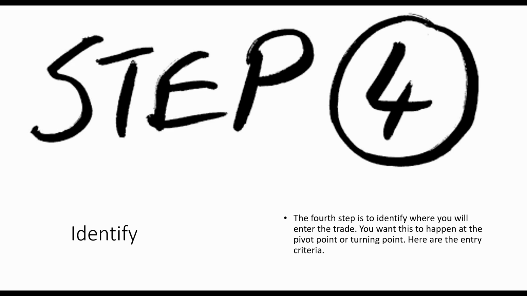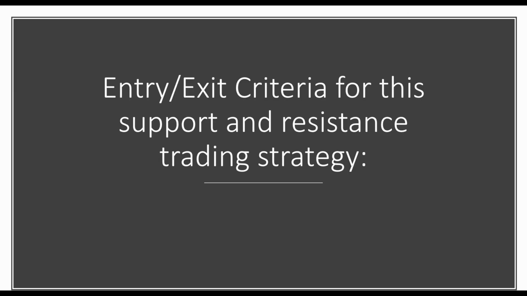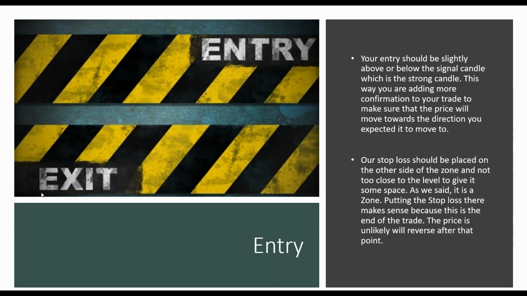So the fourth step is identify where you will enter a trade. You want this to happen at the pivot point or the turning point. Here are the entry criteria. Your entry should be slightly above or below, depending on which way we're looking, the signal candle, which is the strong candle. This way, you are adding more confirmation to your trade to make sure that the price will move towards